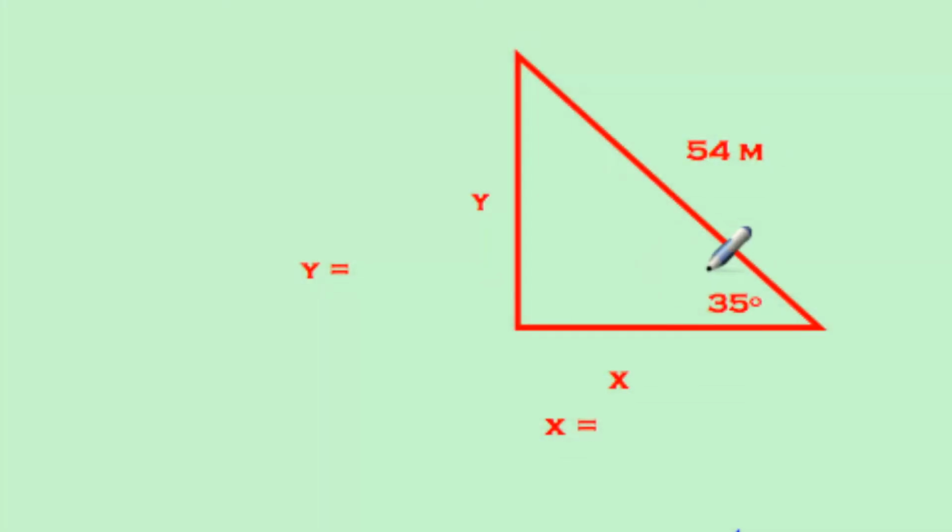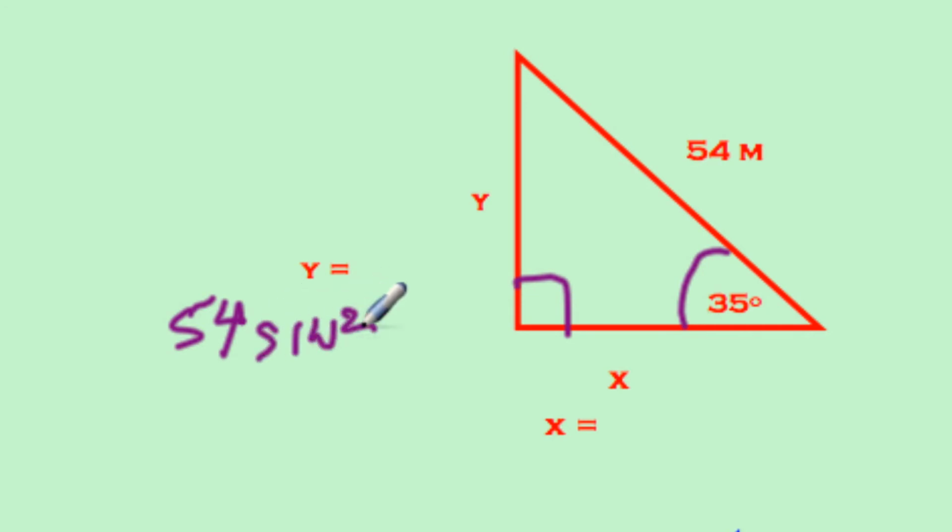Try some examples here. Here's our angle, 35 degrees. And let's say that I want to calculate side y. Notice that we have a right triangle here. So if I want side y, rather than take the 2 steps and say, well, sine is y over 54 and then do the algebra, in one step, in one physics reflex, let's do it. So y is going to be equal to the hypotenuse, 54. It's opposite to the angle, so it's going to be sine 35. Let's throw in a unit there. 54 sine 35 meters. And that's going to be equal to 31.0